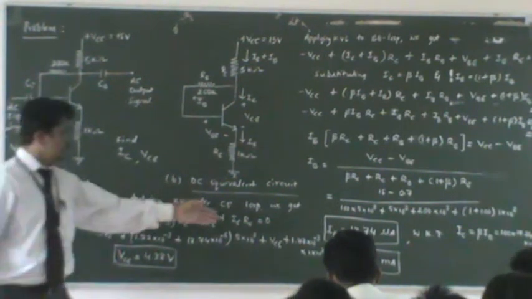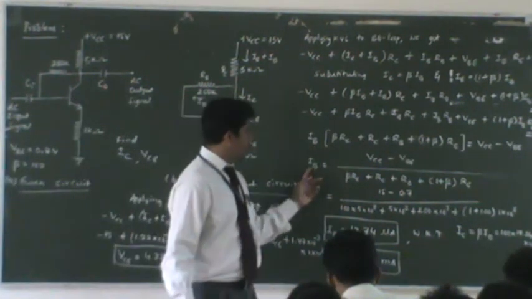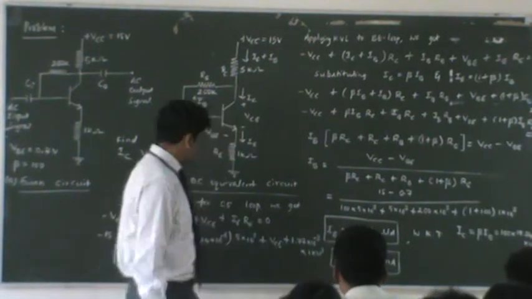Again you have to work out the value of IB, and the value of IC will change, and once IC changes,